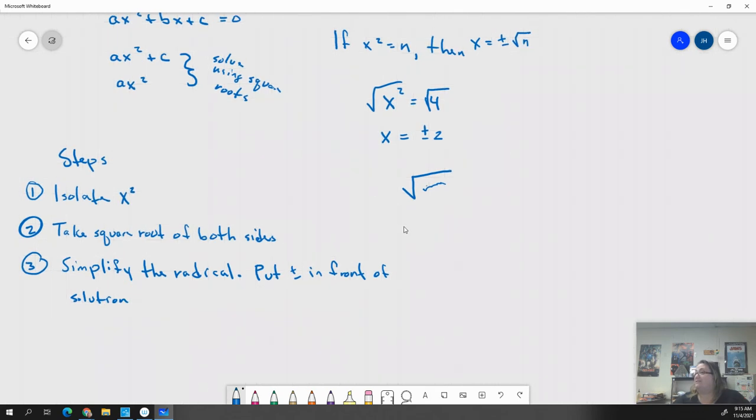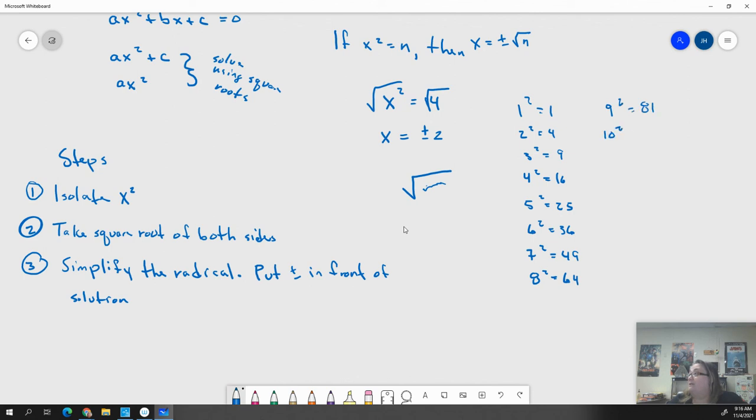Here, just as a little reminder, let's look at what our perfect squares are. We've got 1 squared equals 1. 2 squared equals 4, 3 squared equals 9, 4 squared equals 16, 5 squared equals 25, 6 squared equals 36, 7 squared equals 49, 8 squared equals 64, 9 squared equals 81, 10 squared equals 100, 11 squared equals 121,